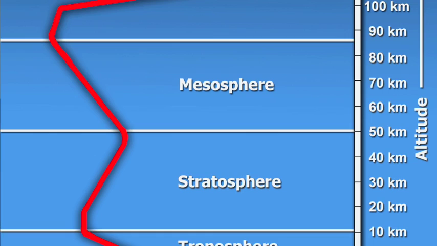The mesosphere ranges from about 50 kilometers and ends at about 80, or maybe a little bit more depending on the season, kilometers above sea level. And again, that's about 30 to 53 miles above sea level. And here in the mesosphere, the temperature